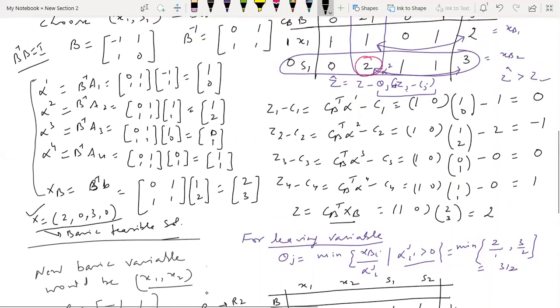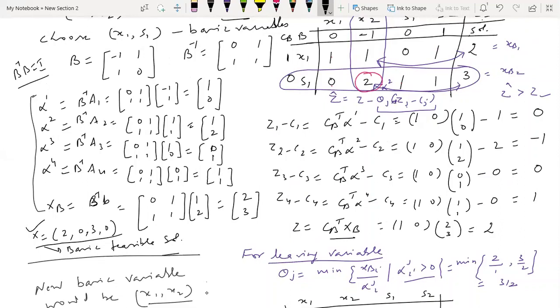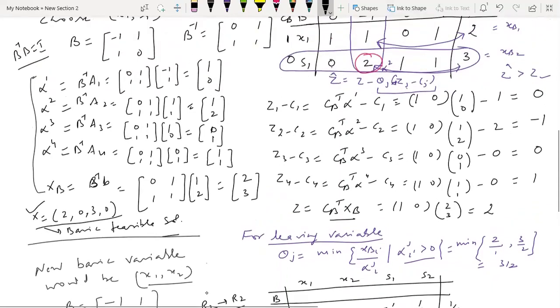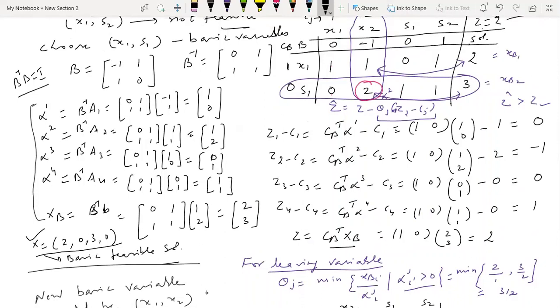Okay, and you can even calculate the zj minus cj row also in the same way by using the same pivot operation. In that case, what we have to do is make this as 0. So what we are going to do is divide this by 2 and add this to the 0th row. I call the Zj minus Cj row the 0th row. So I can write it as row 0 plus row 2 by 2. You can see here, I divide this row by 2, so my pivot element becomes 1, and when I add it to the 0th row, this element will become 0. And I apply the same operation on all the elements of that row.